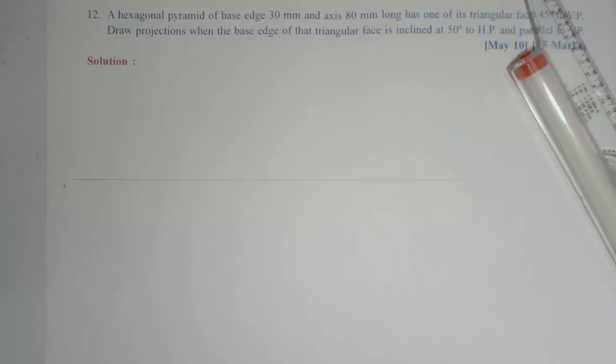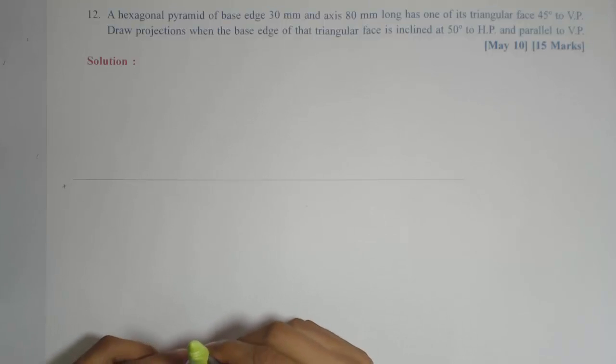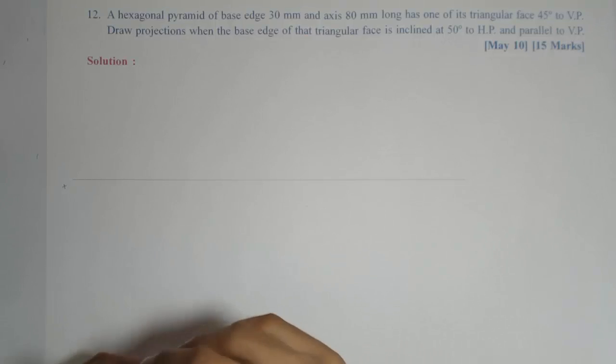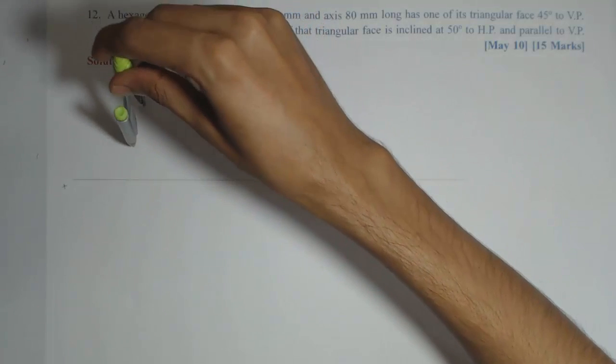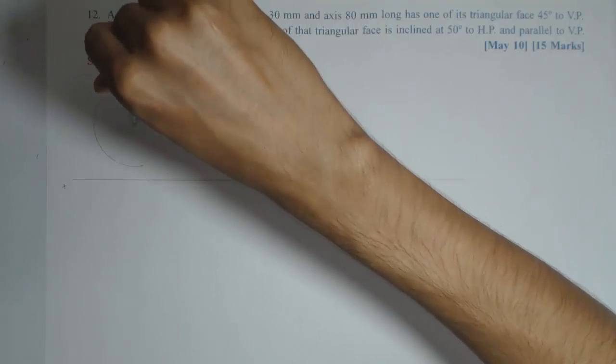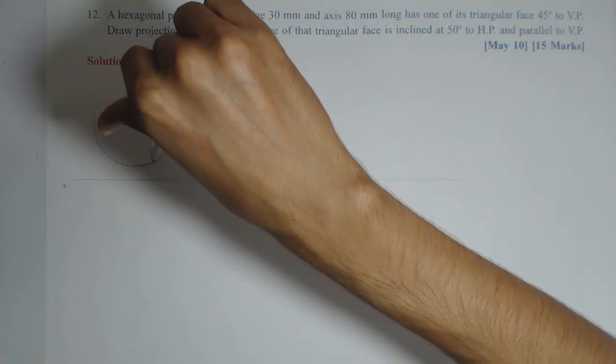For that we can use the circle method. Since the base edge is given as 30 mm for the hexagon, we can draw the circle of 30 mm radius. Okay. Now